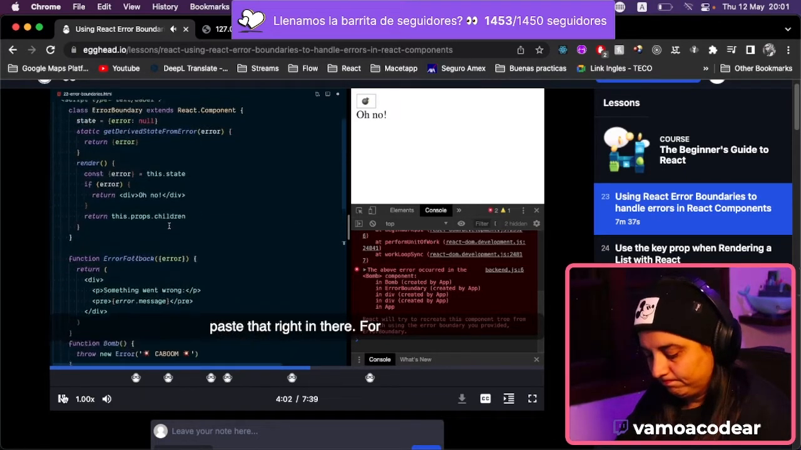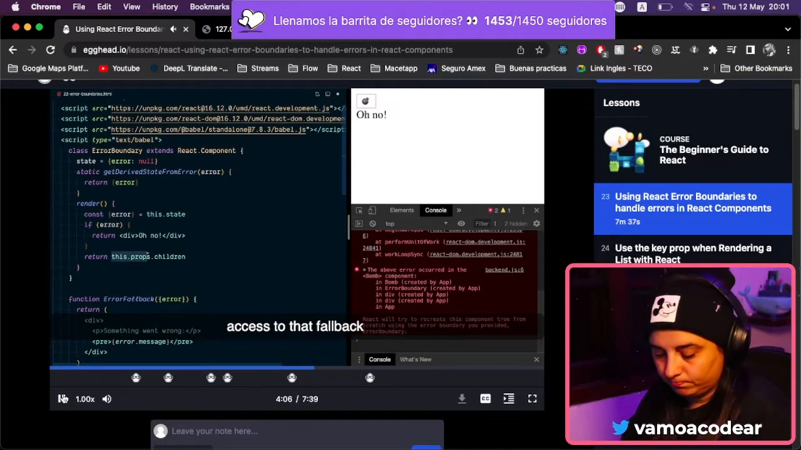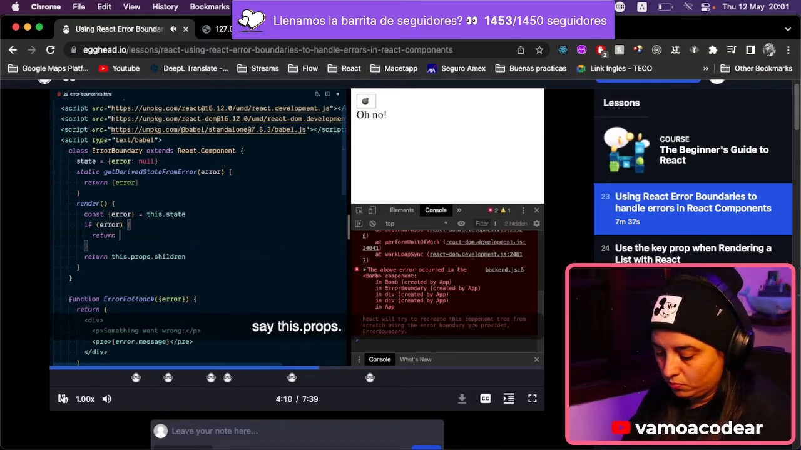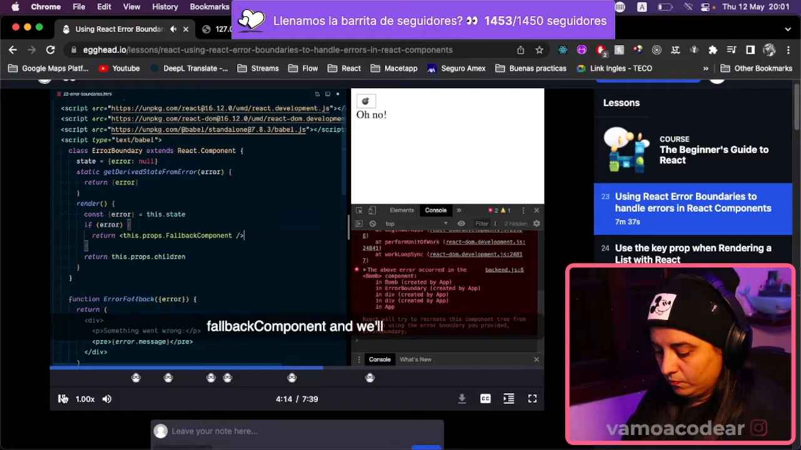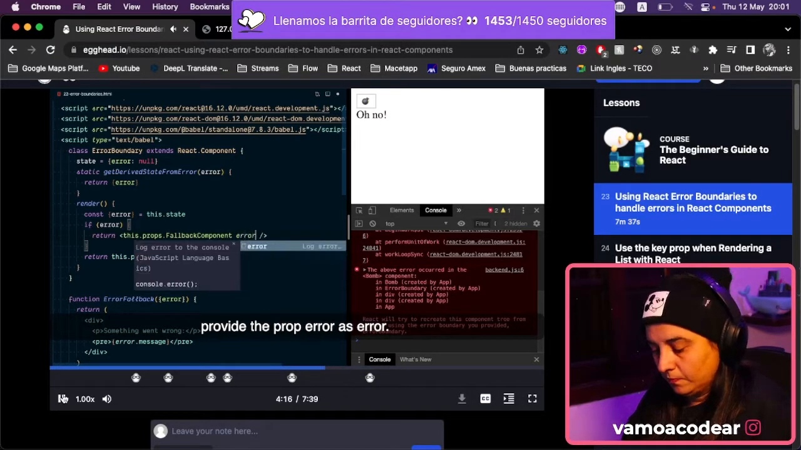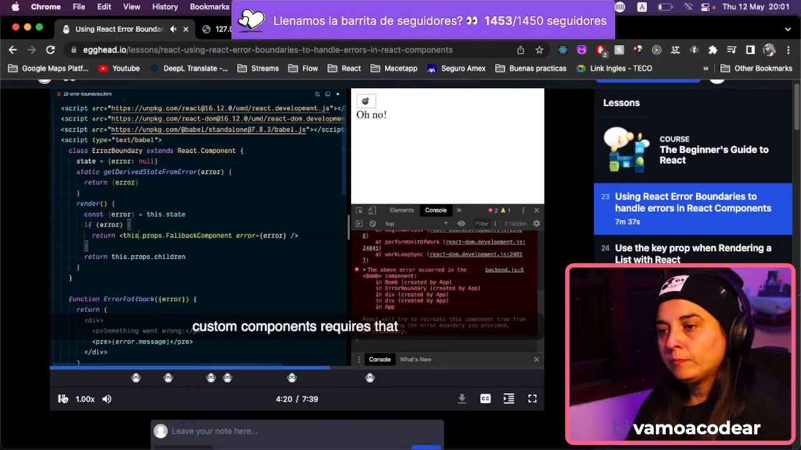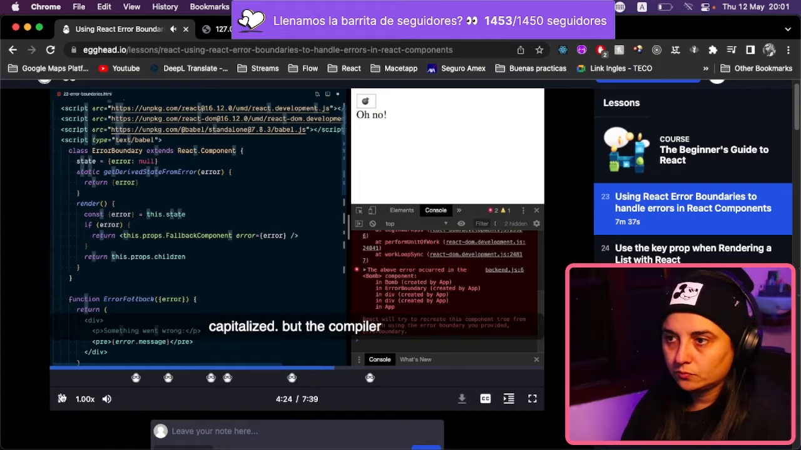And then for our error boundary to accept and render that, we're going to have access to that fallback component on this.props. So we can say this.props.fallback component, and we'll provide the prop error as error. You may recall that rendering custom components requires that the first character you use is capitalized, but the compiler also has a rule that if there are dots included in the component name,